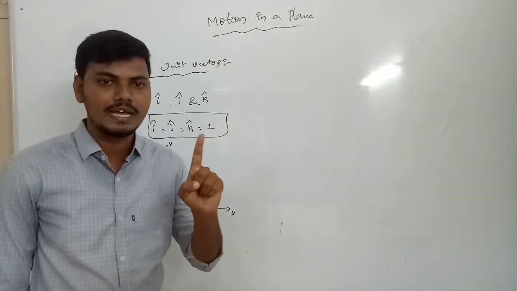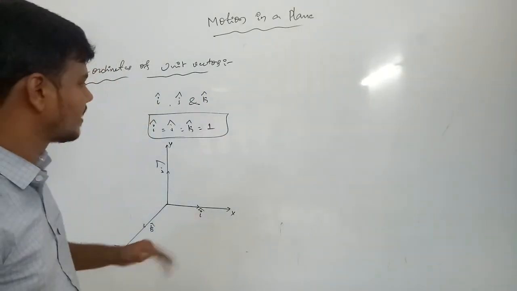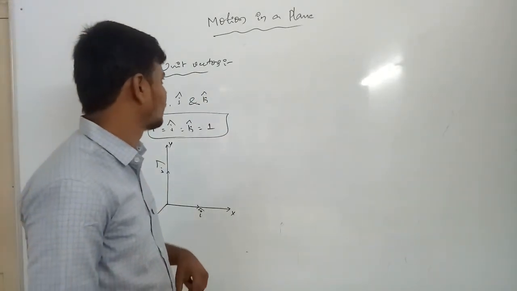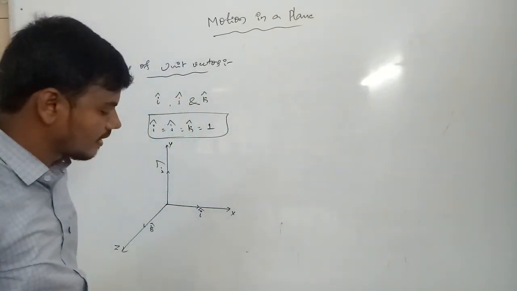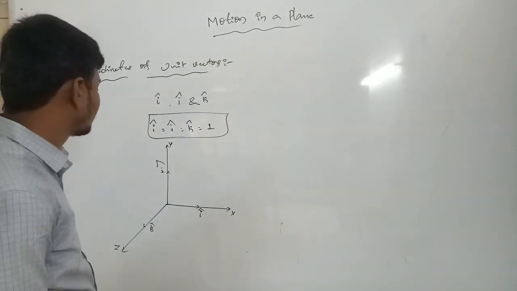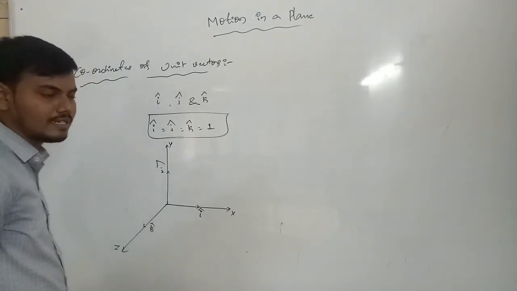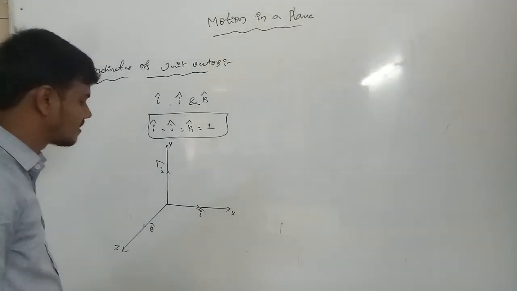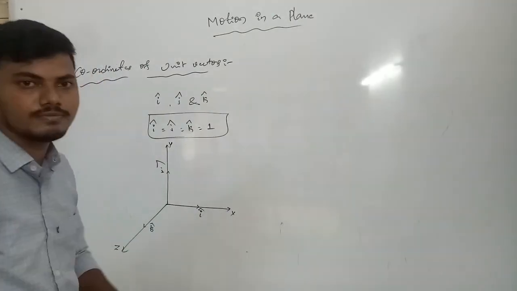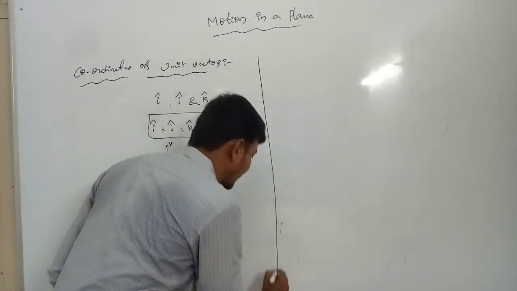A unit vector always has a magnitude of only one, which is known as a unit vector. This is very important. Observe the coordinates: the x axis, y axis, and z axis. In these three representations, the coordinates apply at the same position: first, second, and third. The same coordinates we can introduce into the graphical method.